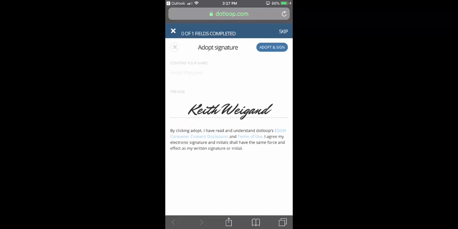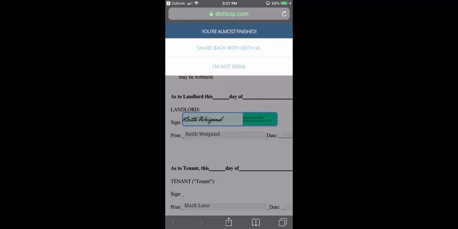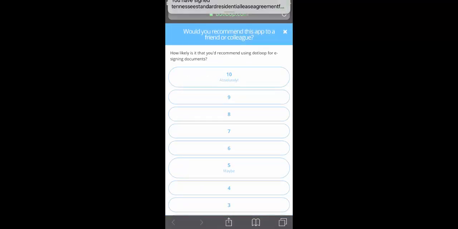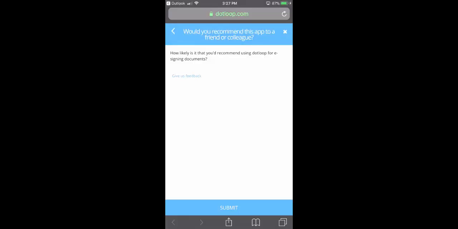And I'll click here, use my signature, adopt and sign, and so now there's my signature, and I'm done. So I can go back to the next person, and then now it'll send it to the tenant, and we'll do I'm done. And it gives you a little thing. So there's my email notifications that I just signed the lease. Now I just signed it as the landlord. Of course the tenant will get the notifications as well, and then when they sign it, the landlord will get the notifications. So we'll hit submit,